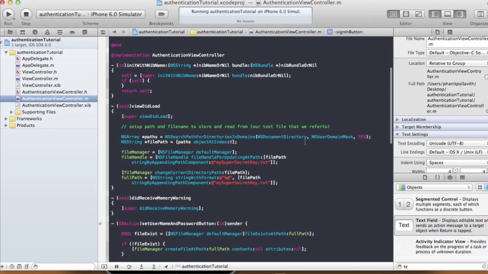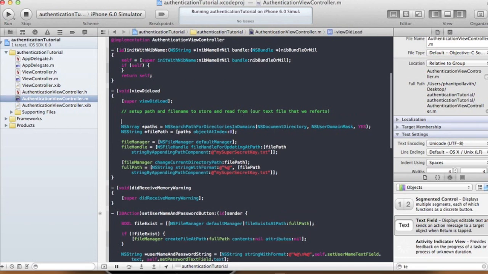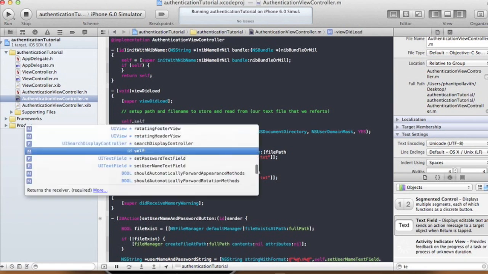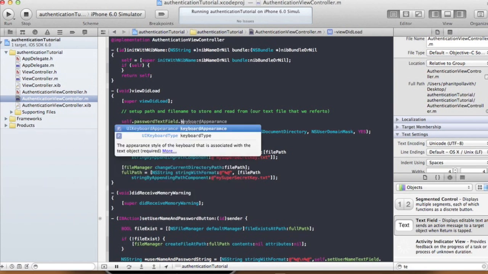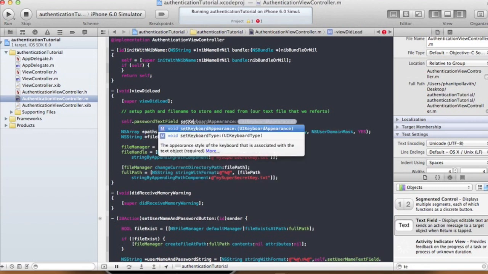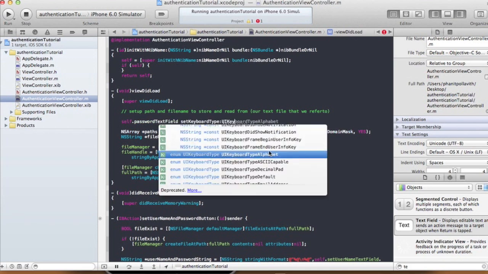So I think I can do that in my viewDidLoad. I'll do that by saying self dot password text view dot keyboardType equals, set keyboard type, UIKeyboardType